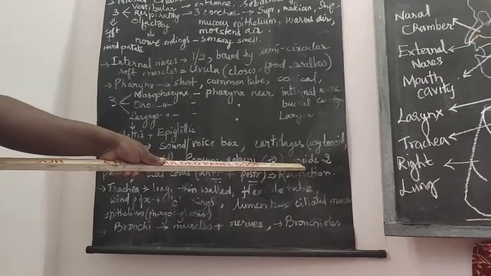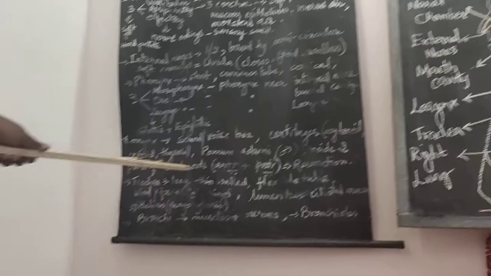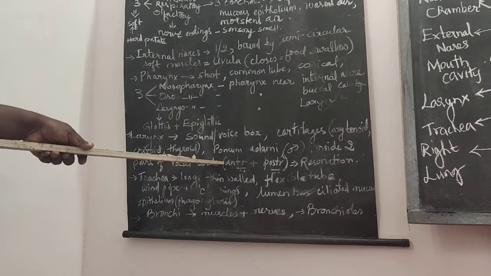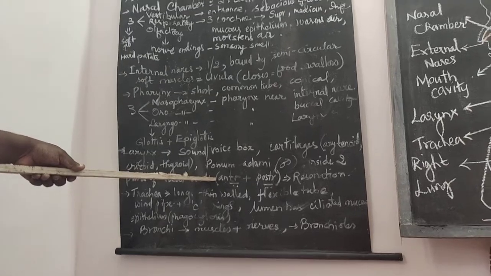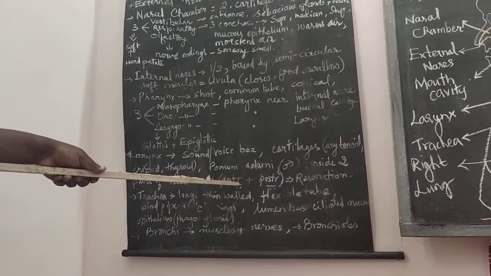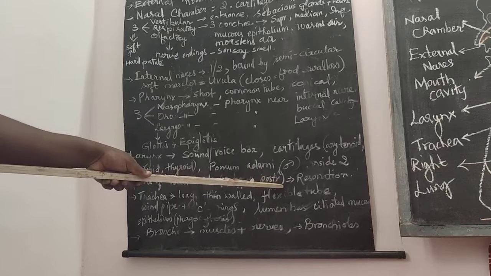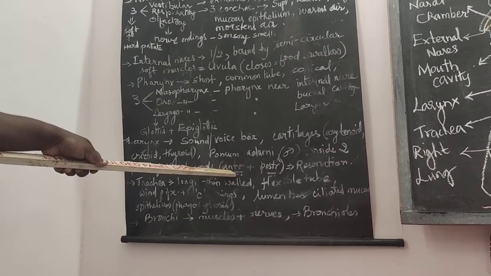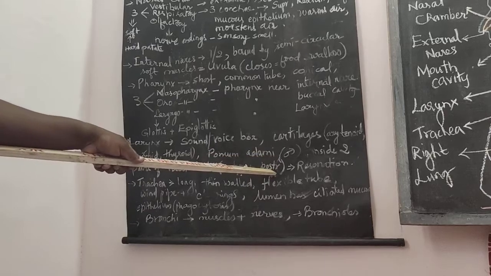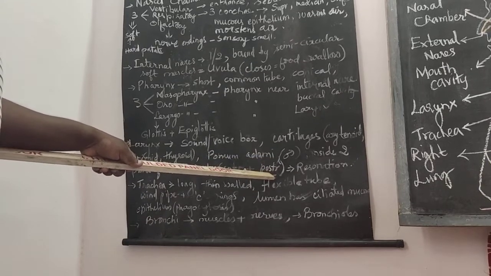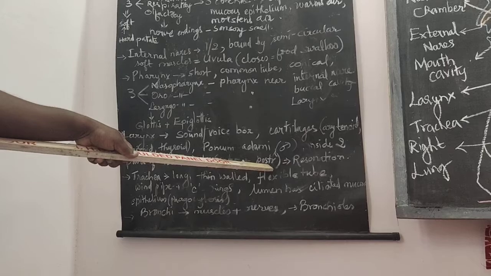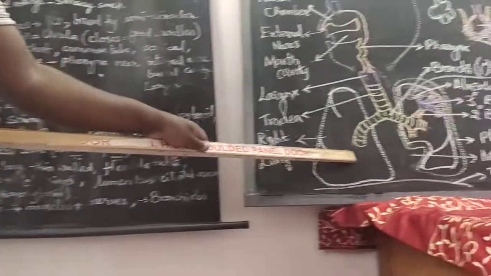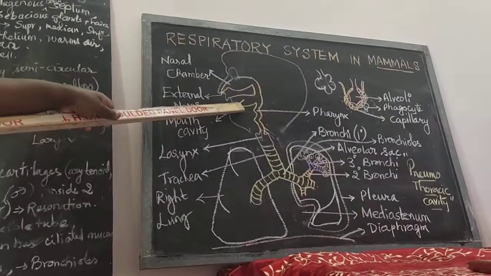And inside the larynx there are two pairs of vocal cords. Vocal cords are special kinds of muscles attached to the cartilaginous structures within. They are called anterior vocal cords and posterior vocal cords. The anterior pair of vocal cords are non-functional, whereas the posterior vocal cords are functional in nature. They are helpful in showing the vibrations whenever the air gets expelled out from the lungs.